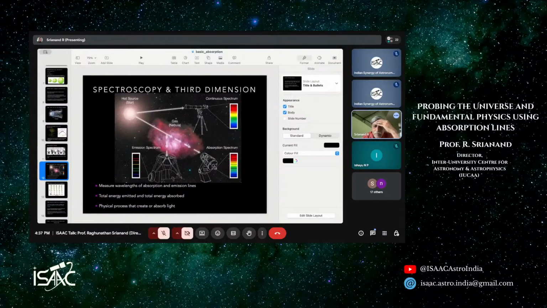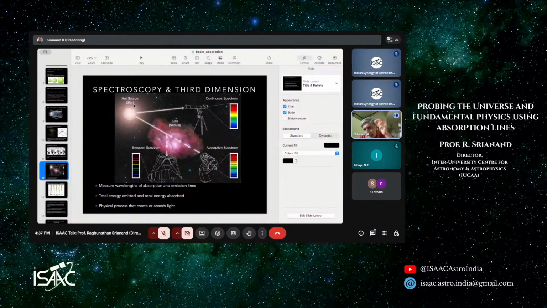On the other hand, for some reason, I look at the blob of gas directly through my telescope. There is nothing behind. Then I will not see this black body radiation, but I will see whatever photons are being absorbed along this direction will be emitted in all 4 pi steradians. Photon absorption means what? In an atom, an electron in a ground state goes to the excited state by absorbing a photon. That means along the direction of propagation of the photon, you lose one photon.